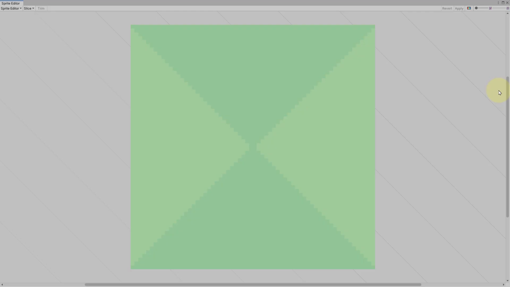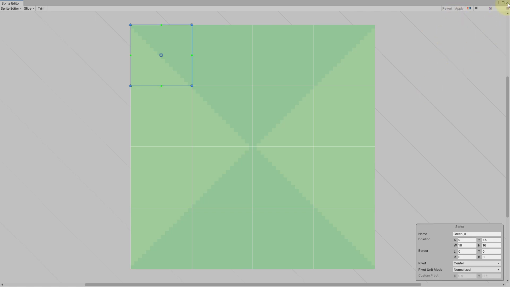Then open the sprite editor and slice this up, because this is also supposed to be used as single pieces and not as one piece. You can do this, then one of those squares will fit into one game unit, but it's not meant to be used like that. So again, I click on slice, create by cell size, 16 times 16, slice this baby, click on apply, close this,